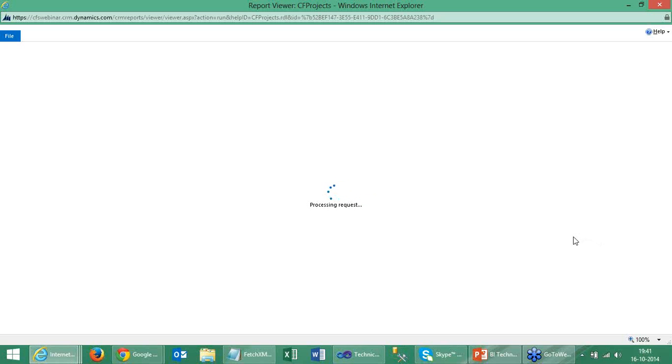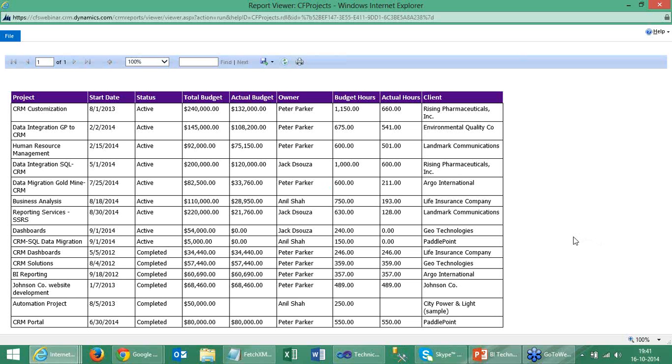You can see the difference between the report created from a report wizard and the report created from Visual Studio. It is much cleaner, in a better formatted way. You have different options for changing the color, changing the font, and so on. So after creating a simple report, let's move on to a bit complex report,